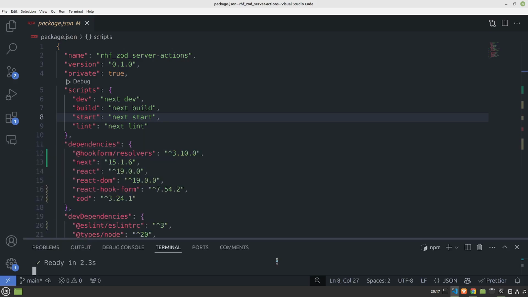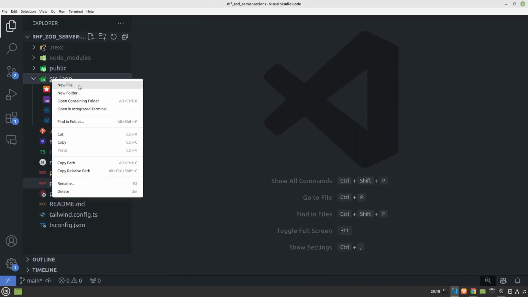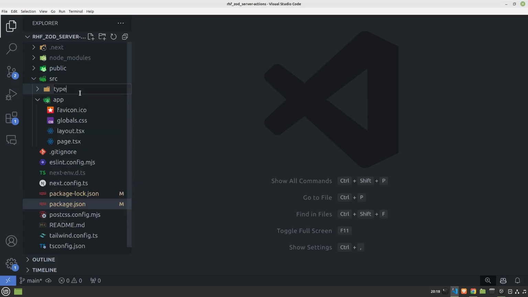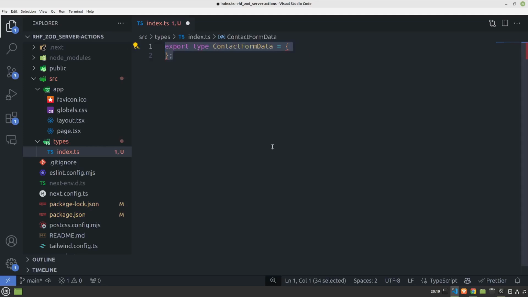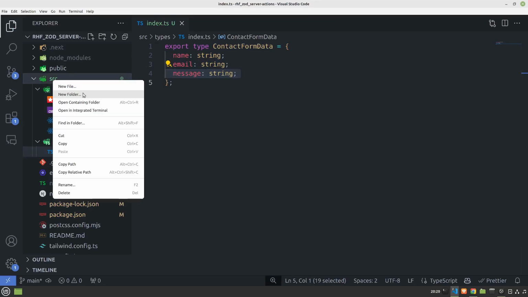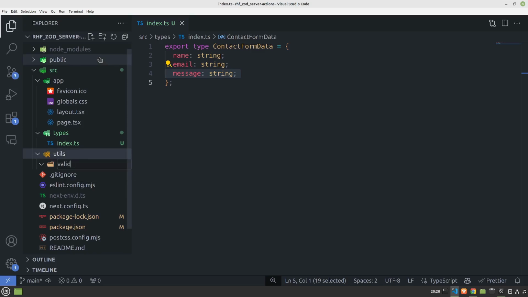Now I'm just gonna go ahead and close the terminal and bring back the file explorer. I'm going to create a types folder within src, and inside types let's create a new file called index.ts. Now I'll create a type for the form data called ContactFormData. It includes name, email, and message, all as strings. After creating the type, let's create a utils folder inside src. And now let's create a validation folder and add a new file,